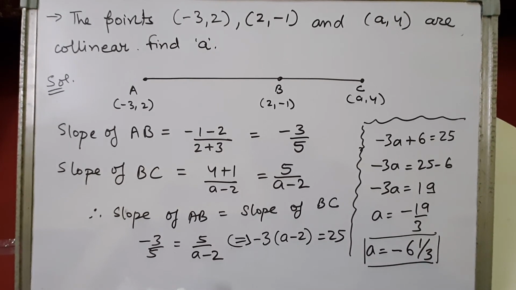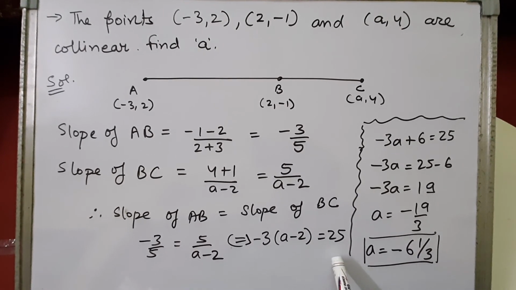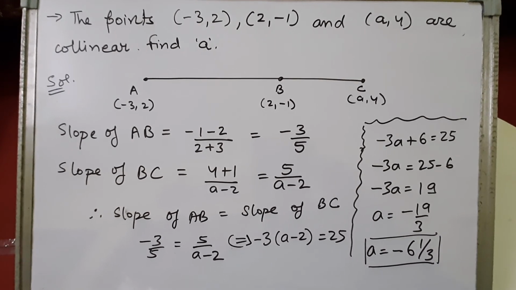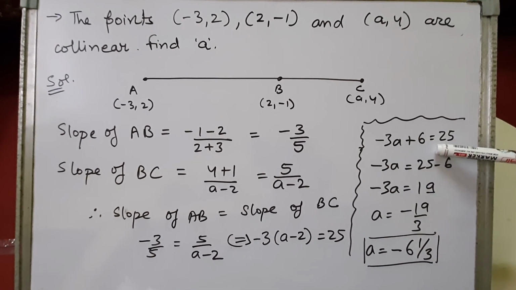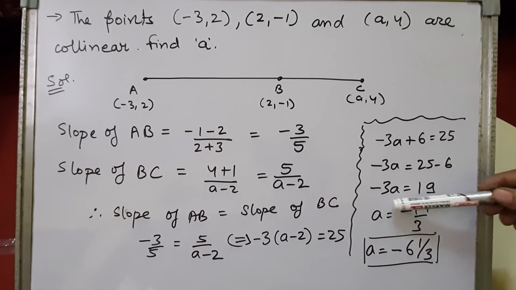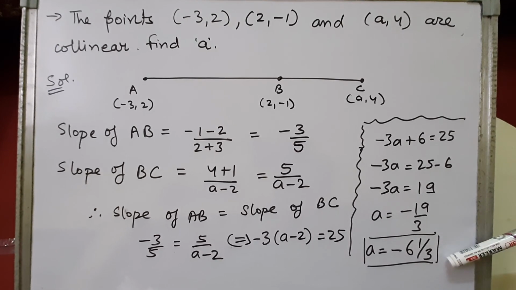and when we cross multiply, we'll get minus 3 into A minus 2 equals 25. Multiplying minus 3 inside the bracket, minus 3A plus 6 equals 25. So 6 when transferred to that side will give 25 minus 6 equals 19. So minus 3A equals 19, the value of A will be minus 19 by 3, or when we convert into mixed fraction form, we'll get the value of A as minus 6 wholes 1 by 3. Alright children, please note down the solution.